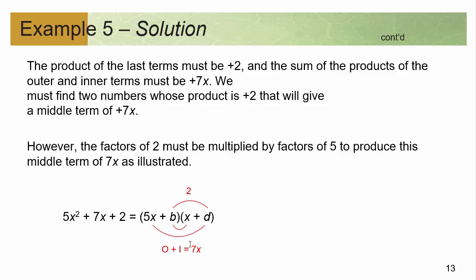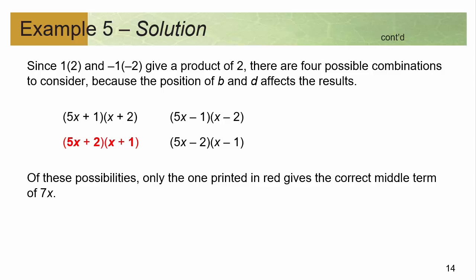So this is where trial and error comes in. Let's look at the next slide. We really only have two options. It's going to be 5x plus 1 times x plus 2, or it's going to be 5x plus 2 times x plus 1. And we could also have negatives, but the negatives won't work because when you do inner and